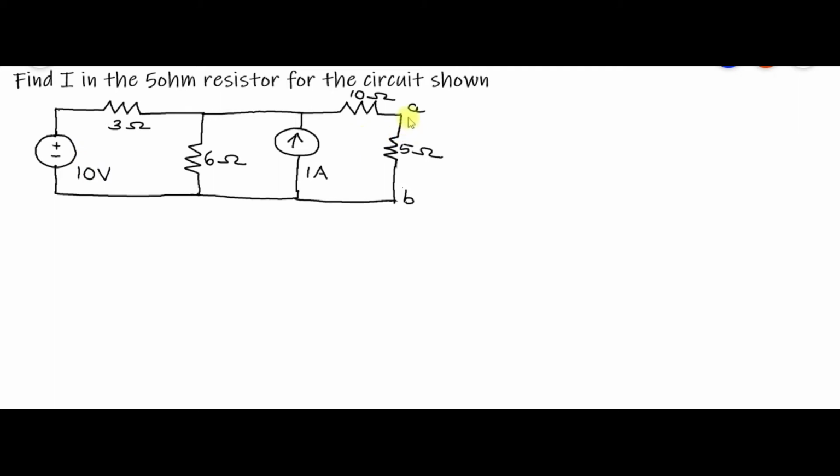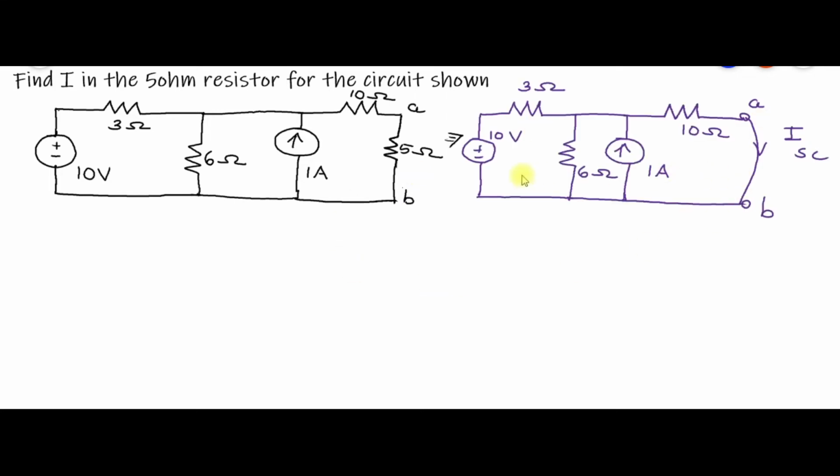So first redraw this circuit by shorting these terminals A and B and removing this resistance 5 ohm. Here the circuit is redrawn as shown. A and B are shorted, the 5 ohm resistor is removed. Then we have to find the value for voltage. So first I am considering a node here. By conventional circuit analysis, you have to determine the voltage in this circuit. So I am assuming my node to be here and I am taking a voltage V which has higher potential than any other voltage in the circuit.